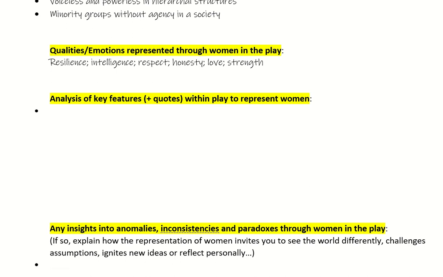So Portia doesn't fight against her dead father's love test. She's respectful and acknowledges that as a female, she has to be subordinate and align with his wishes, even though he's no longer around. There's a sense of honesty that we see crafted through the women.